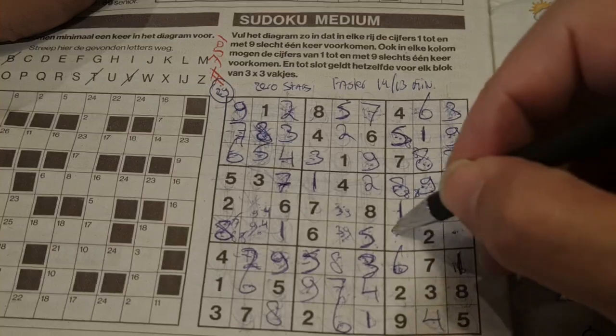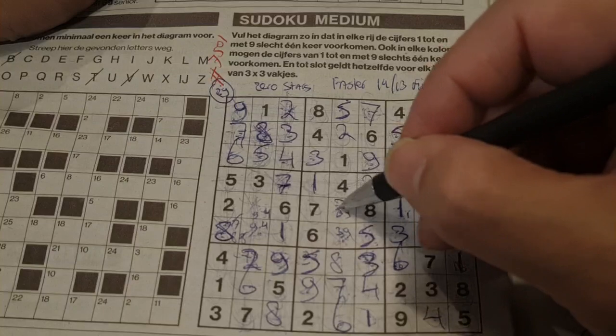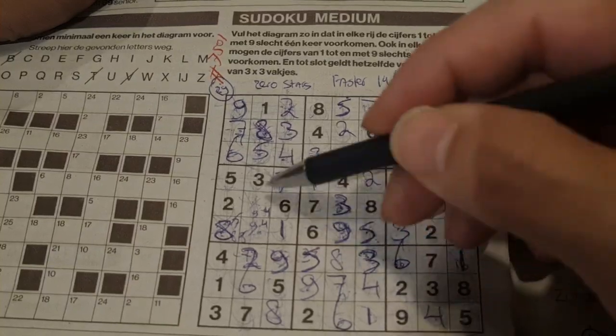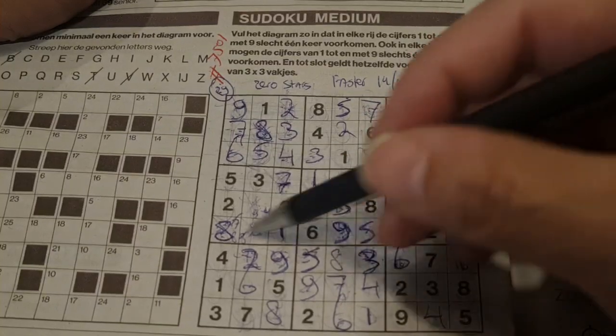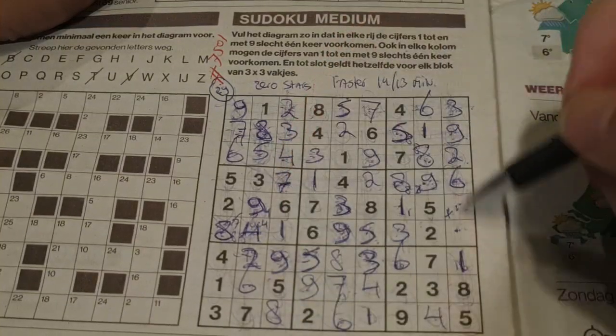The 2, the 3 is missing. 3 and a 9, we have 3 in the last row, in this row, so no 3 there. 3 should be here, 9 goes there. 9 and the 4, we have a 9 in this row, no 9 there. 9 should be here, and the 4 goes there, and the final 2 numbers in this big square for numbers